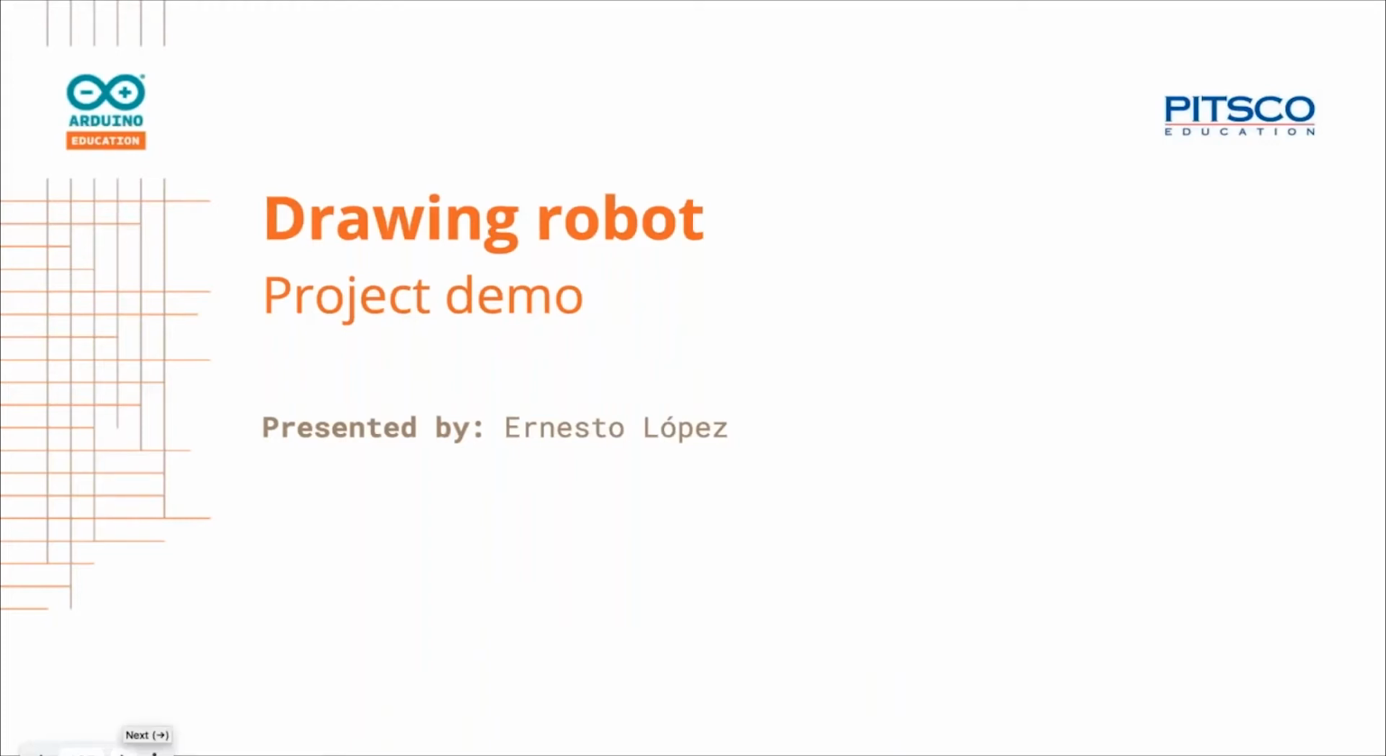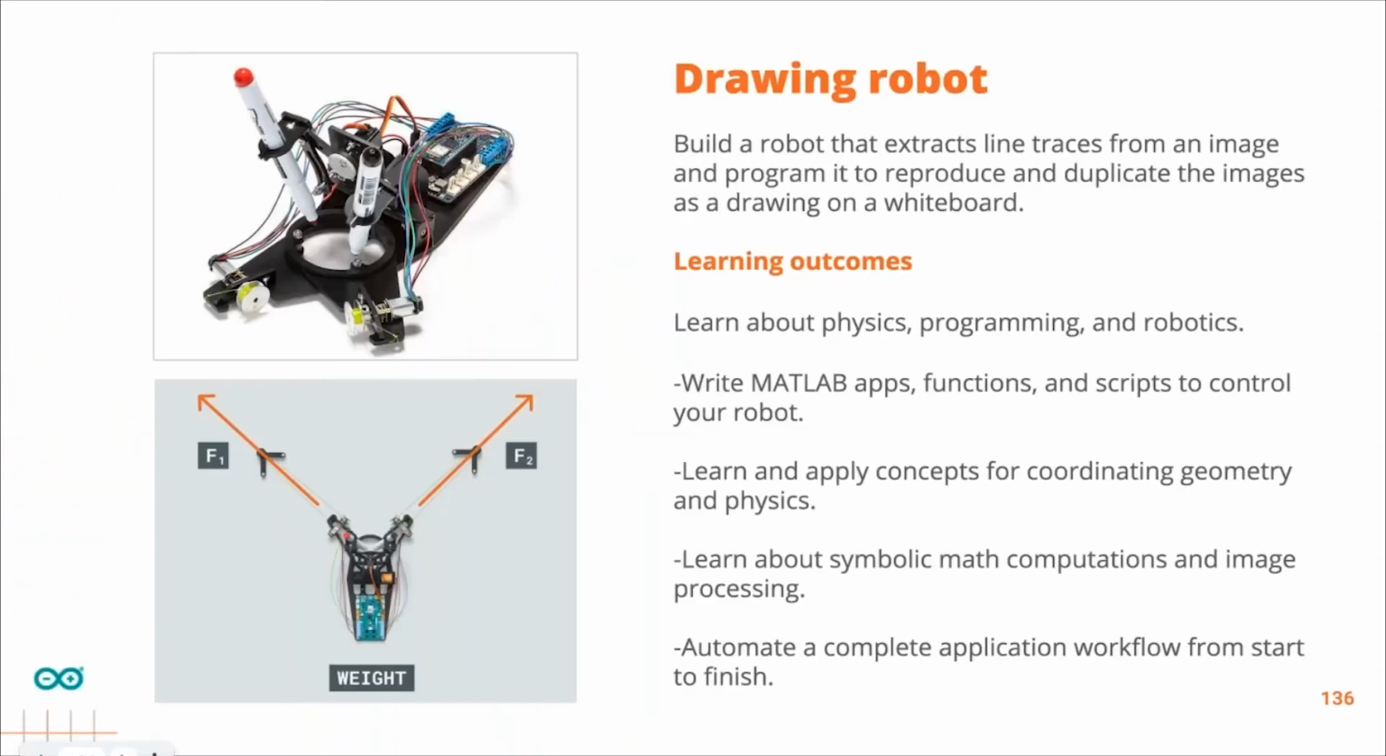All right, so now we're going to talk about the drawing robot, which is the last project in the kit. The drawing robot is actually a very fun project. The goal is to replicate an image from the computer to a whiteboard using a plotter, a robot that moves around. As usual, we start with the mathematical principles that we need to understand and use in order to make